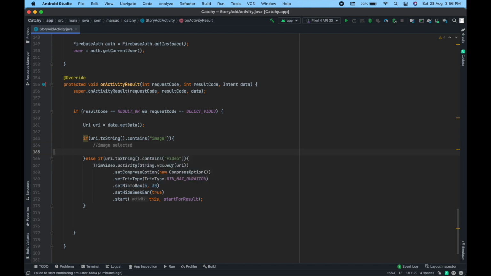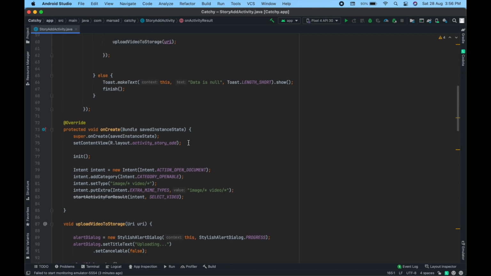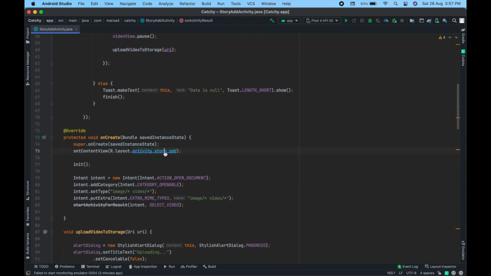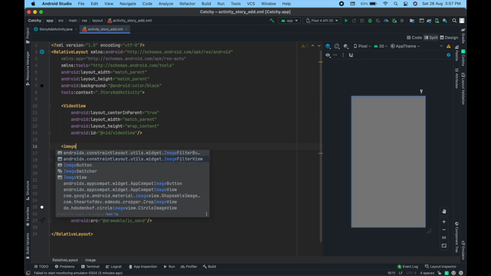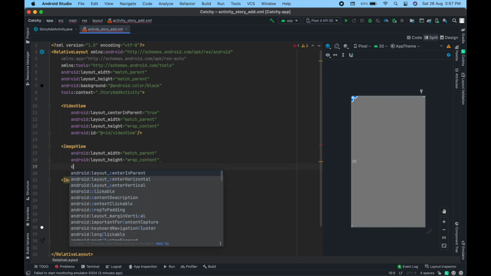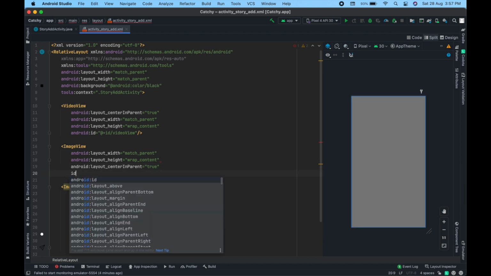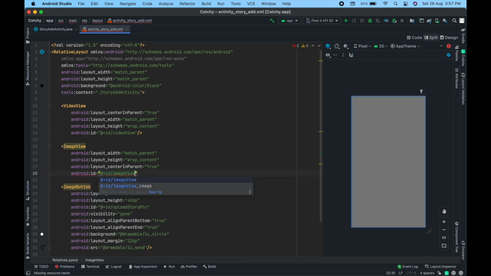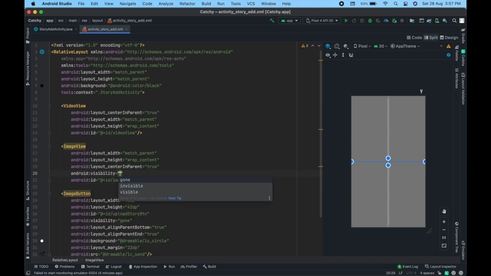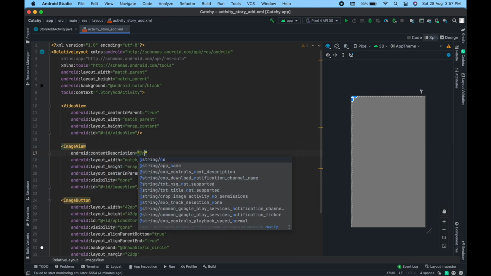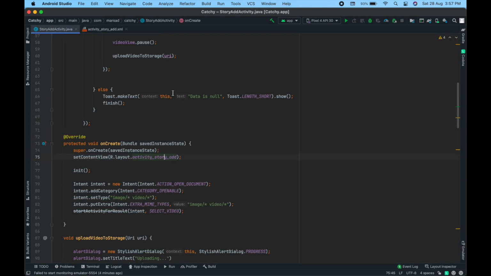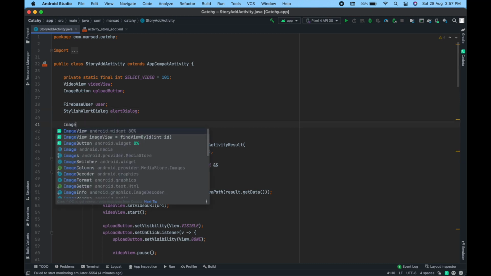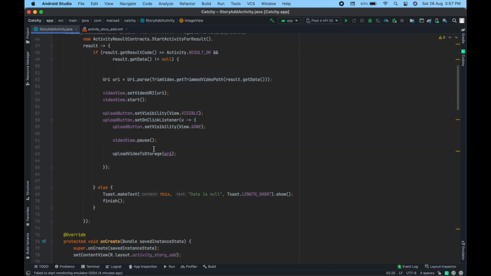okay, add an image view with match parent height, wrap content, id center in parent true, id image view, and visibility gone, content description null, and here image view. Okay, now initialize inside init method